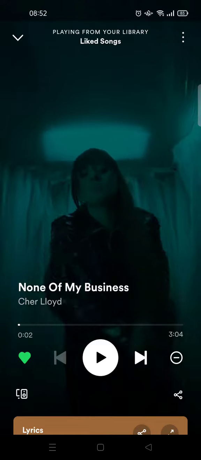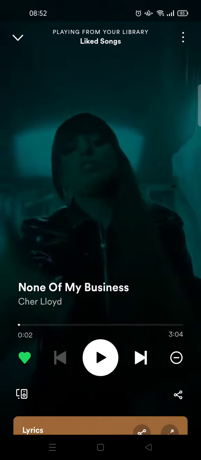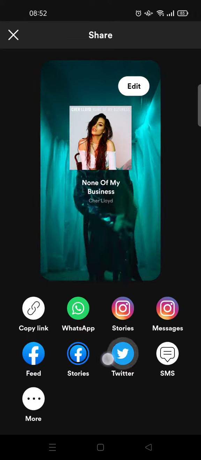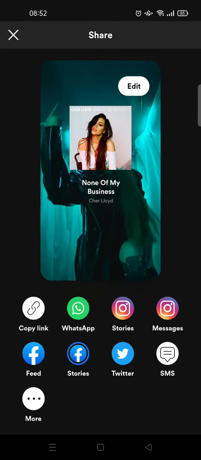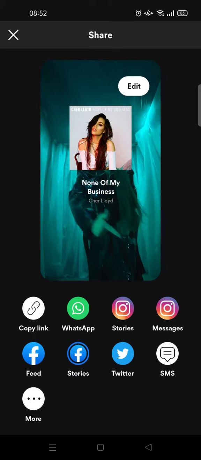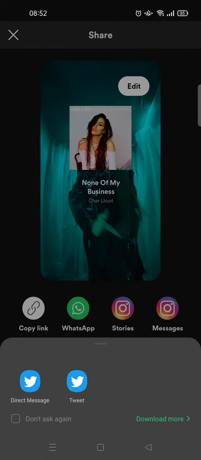You just need to open the song and then click on the share icon, and in here you'll see there's a Twitter logo, and you can just click on that icon and click on whether you want to share it to direct message or tweet. So I'm going to just choose tweet,